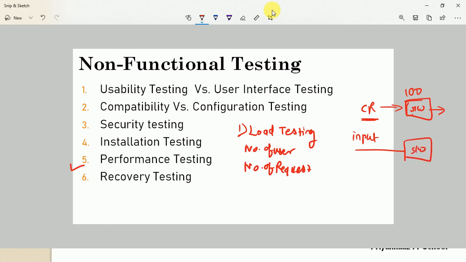Right? So what is the client expected load? Suppose 100 users at a time use the software application, then that application should behave properly for that requirement. So here we can check the performance of the software application. Clear? So this is all about load testing: apply the client expected load onto the software and verify performance. Again, what is performance? Here we can verify all the performance parameters: response time, throughput, reliability, and scalability.